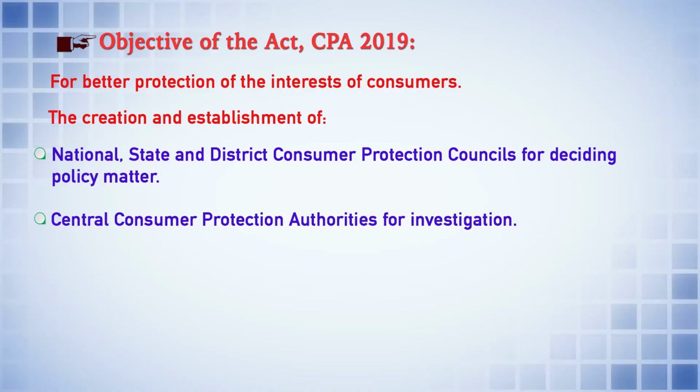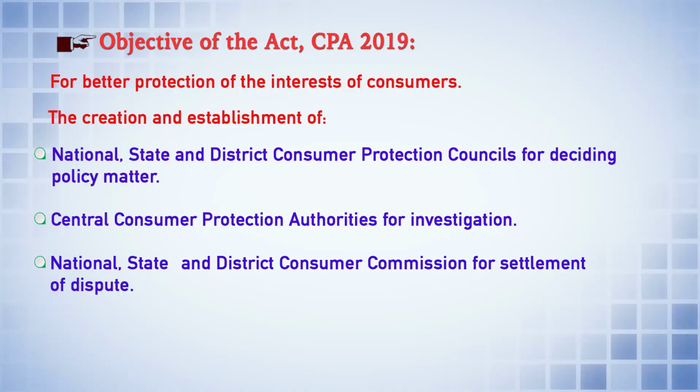Now, there is another institutional mechanism created under the law, called the Central Consumer Protection Authority, and their job is primarily to undertake investigation into violation of consumer rights or deviation from the regulation provided by concerned regulatory bodies, or whether any offences are committed or any misleading advertisement is made to the public. On this, the investigation has to be made. For that purpose, the institutional mechanism called the Central Consumer Protection Authority has been created.